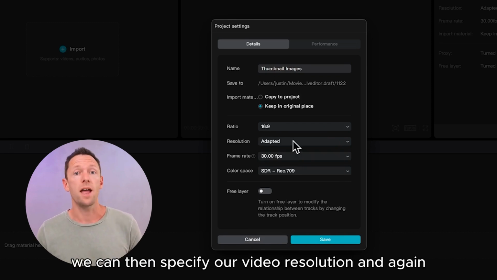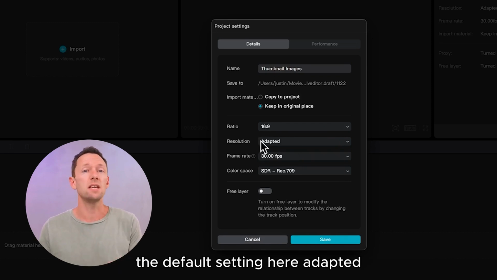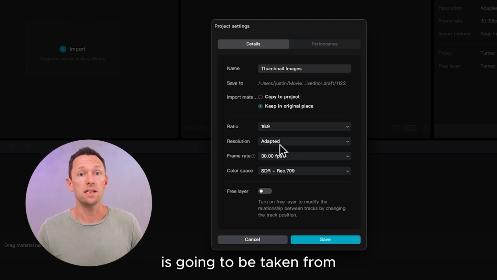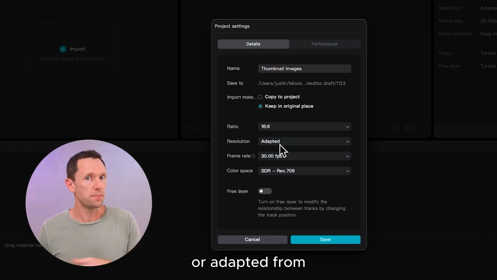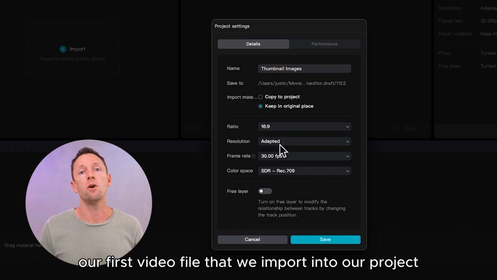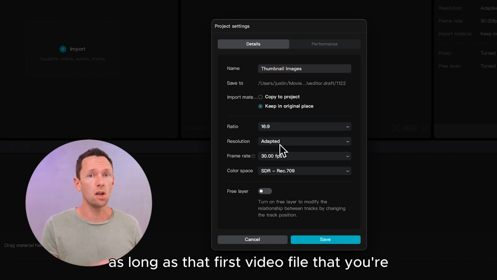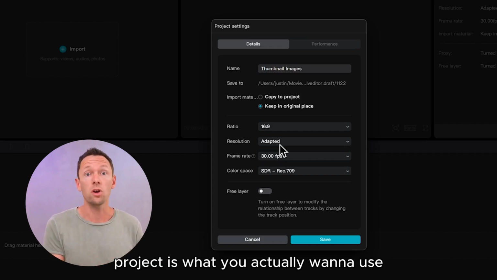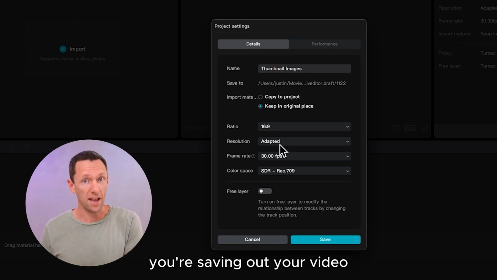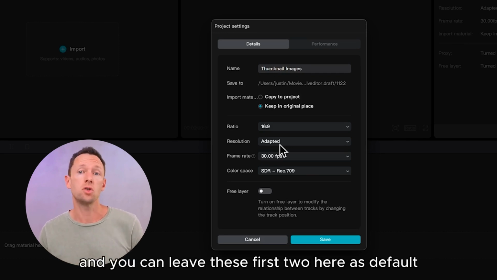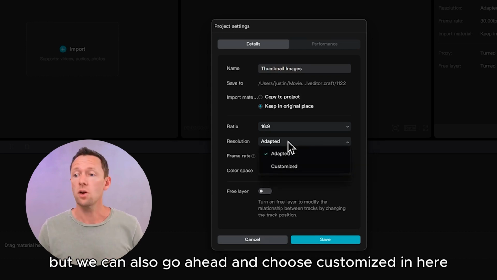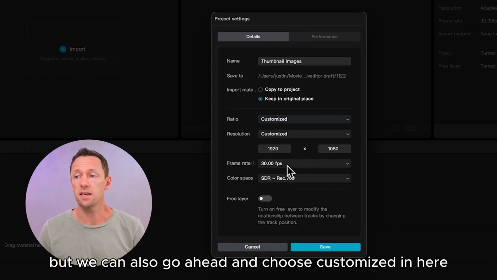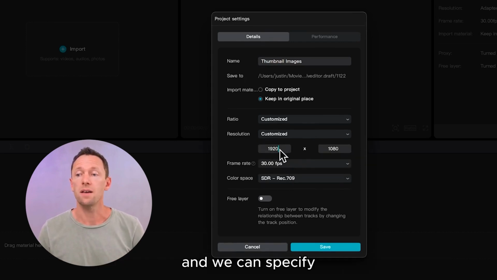We can then specify our video resolution. And again, the default setting here, adapted, is going to be taken from or adapted from our first video file that we import into our project. So in a lot of cases, as long as that first video file that you're importing into your project is what you actually want to use when you're saving out your video, then you can leave these first two here as default. But we can also go ahead and choose customized in here,